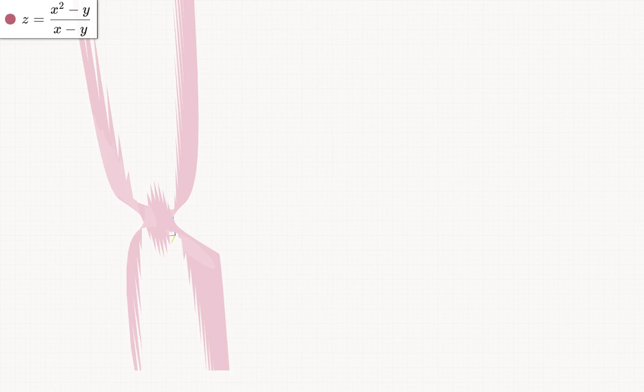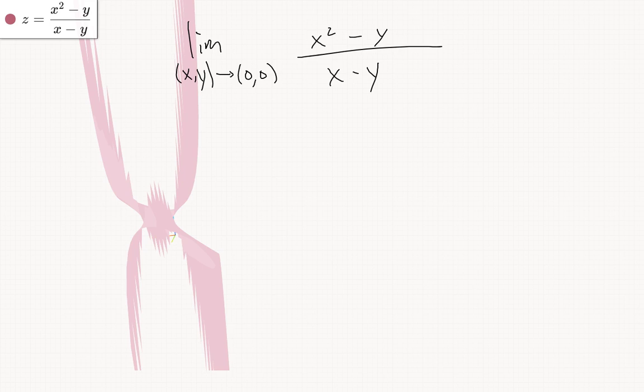So now let's see some examples where the limit does not exist. So consider the limit as (x,y) goes to (0,0) of (x squared minus y) over (x minus y). So let's try to evaluate this. We'll approach (0,0) along the line